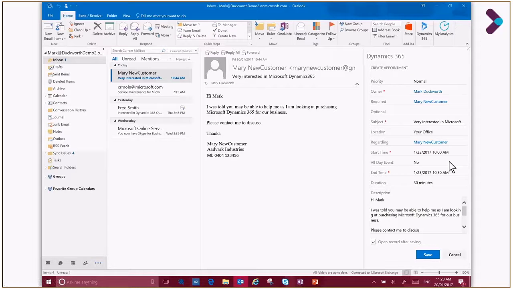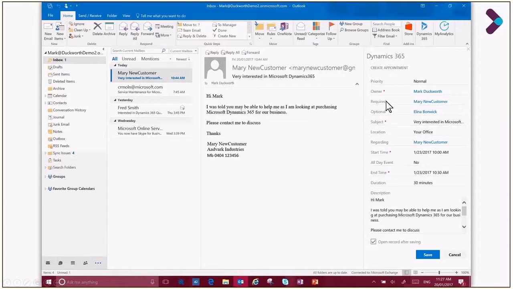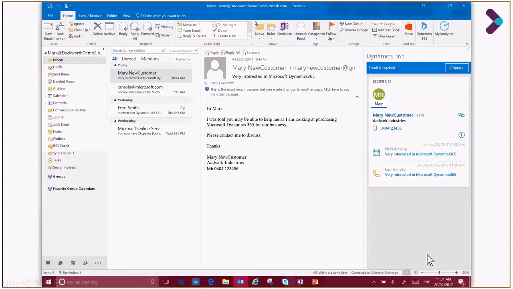between myself and Mary. I also need some of my other resources, so I'll go in here and add some other people. I've got Ellie here, who's one of my CRM gurus, and I'm going to also include her in this meeting, and therefore she can come along and help me talk to Mary about Dynamics 365. So once I save that, I've done the call and I've got an activity scheduled there